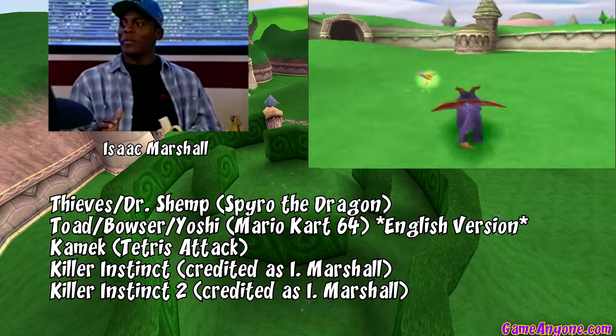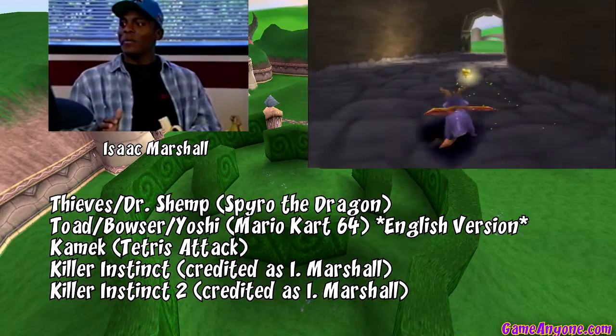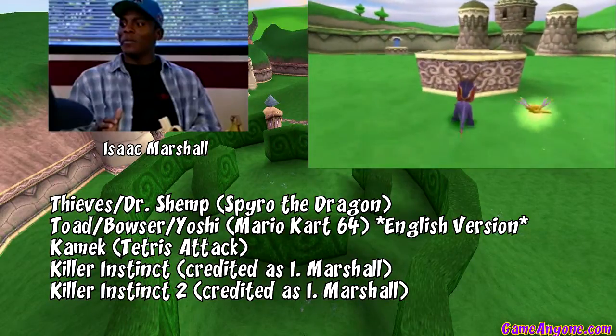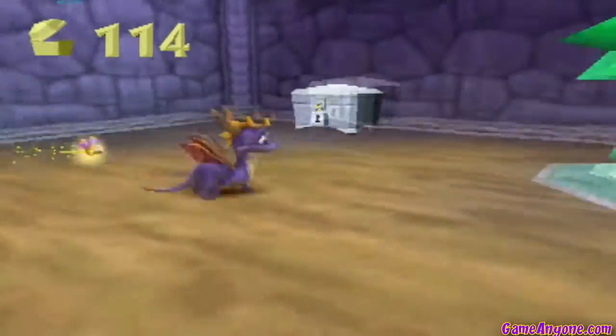thieves laugh. And actually, they do quite a few things in this game. The person who does it is Isaac Marshall. Isaac Marshall is also known for doing the Toad voice in Mario Kart 64. So, for all of you Nintendo fans out there who love Mario Kart 64, he also voices the annoying thief in this game. Ugh. But, when we go down here, we have a dragon, but we also have a chest